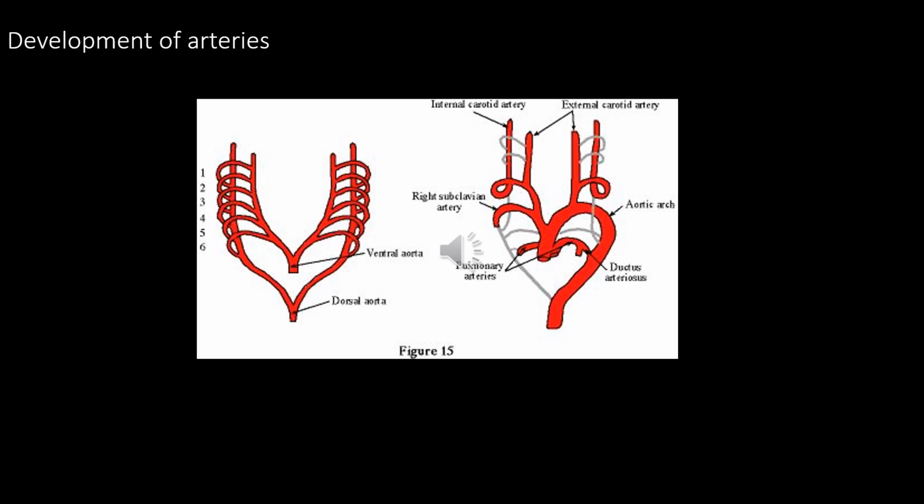So each arch will have its own muscles derived from it, and all of them shall be supplied by the nerve of the arch. Some bones will also develop from an arch, and cartilage and ligaments, and so on and so forth. In addition to all this, the arch mesoderm also will form an artery. It should be called arch artery, but some people call them aortic arches to confuse the student.